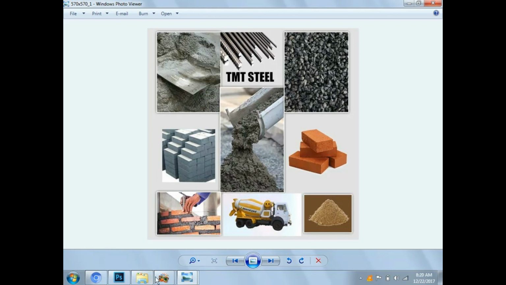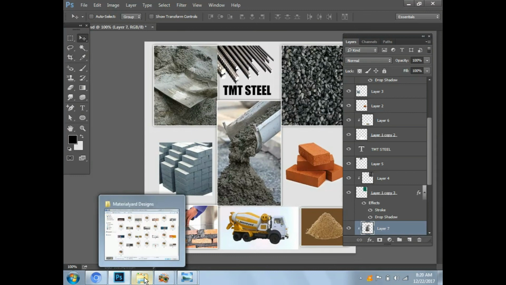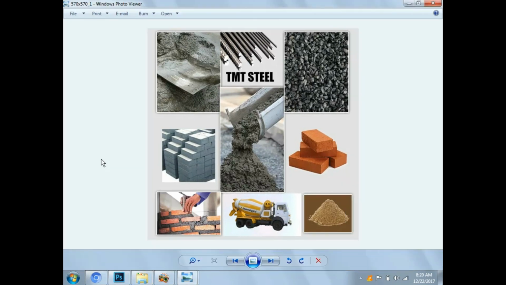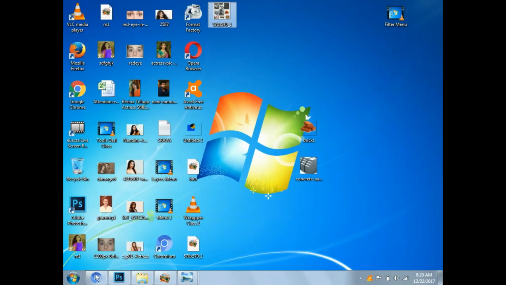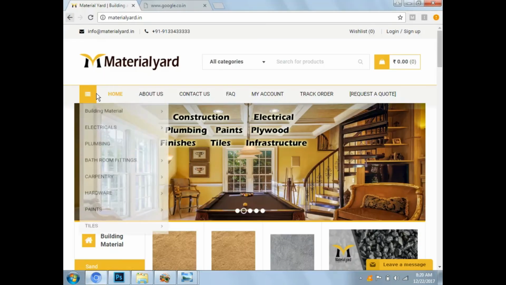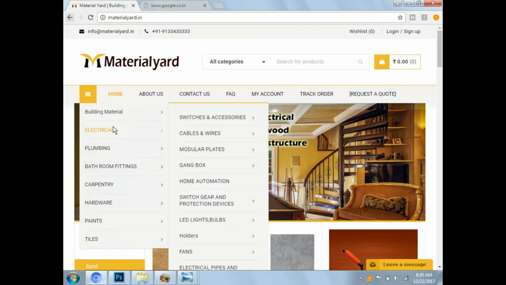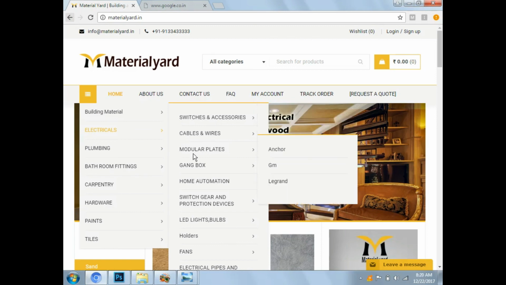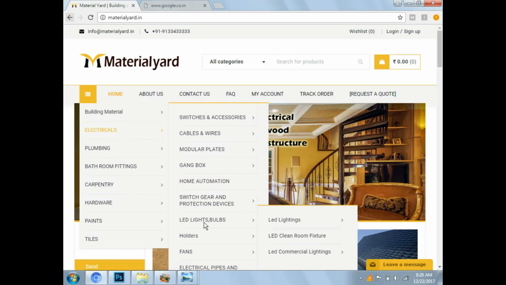570 pixels by 570 pixels. Keep it and do the design somewhat differently and come. Take one guy for electricals, plumbing, one guy for bathroom fittings, carpentry. I'll show all the designs tomorrow. If you don't do the designs and come, I won't take the class. Literally, I'm saying. This is the project I'm giving you. You should do this project yourself. You do the project, and your designs will be uploaded like this. See, these are all the designs that I have done.